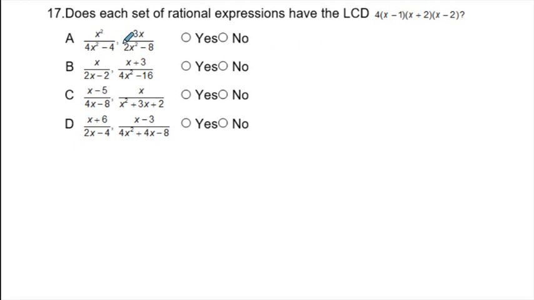Let's go ahead and rewrite this as our common denominator for the first one. We have 4 times x squared minus 4. That's going to be equal to 4 times quantity x plus 2, x minus 2. And then for the other one here, this is part A we're working out, 2x squared